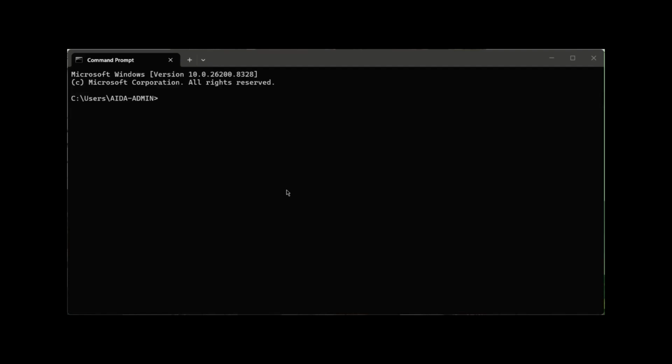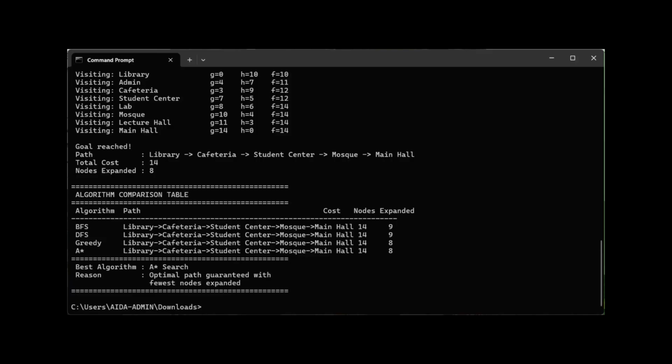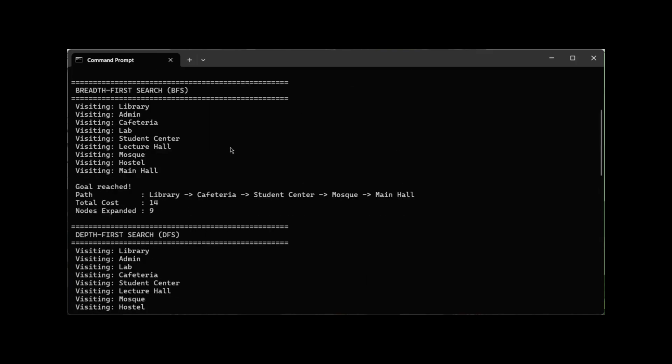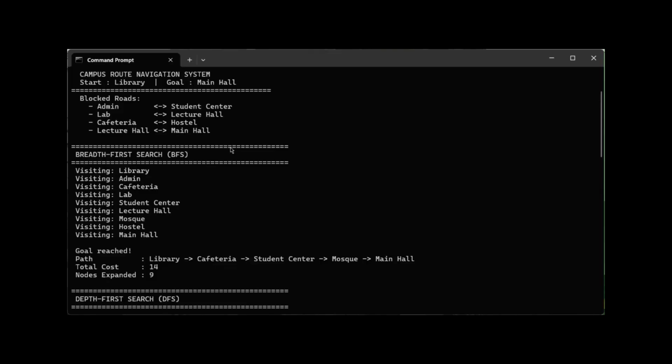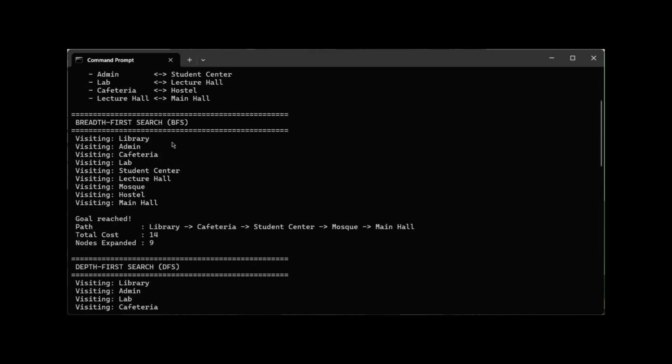Now we will run the program. We open command prompt and type python campus.py. This is BFS. It explores level by level using a queue. You can see it visits library first, then admin and cafeteria at the same level, then goes deeper. It expanded 9 nodes and found the path, which is library, cafeteria, student center, main hall, with total cost